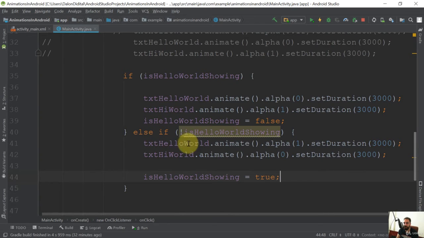So here we are simply saying that if the value of this is hello world showing is not true, then this means that the hello world text view is not actually currently visible on the screen. So we are going to fade in our hello world text view by setting the value of the alpha to be 1 over a 3 seconds period, and then we are going to fade out our hi world and set the alpha value to be 0, and then we are going to set the value true to this is hello world showing variable,